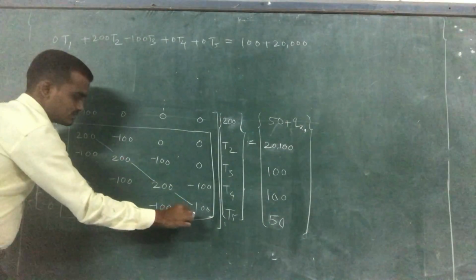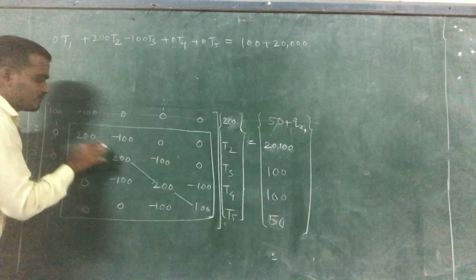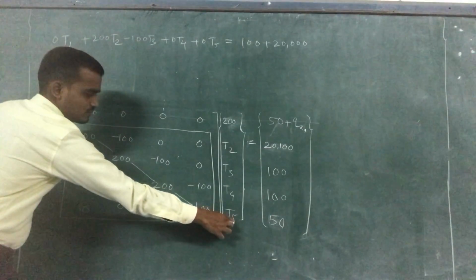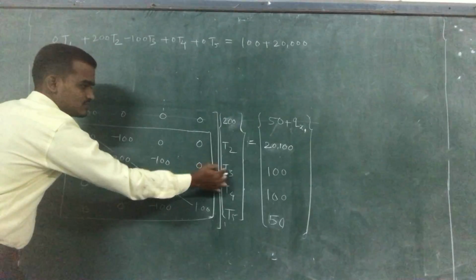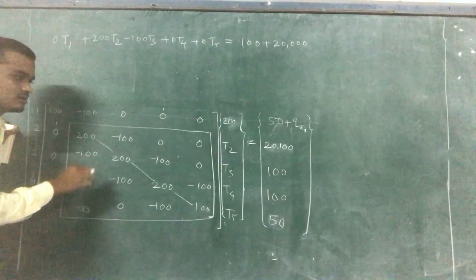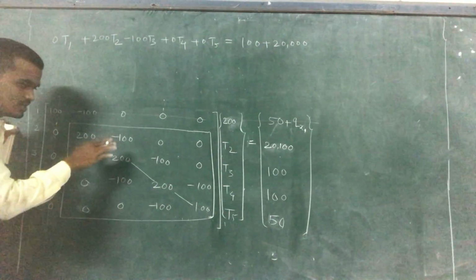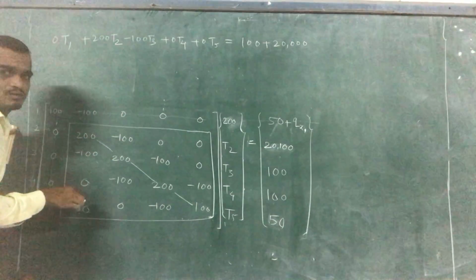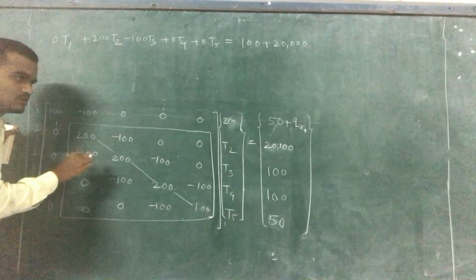Actually this is your Gauss elimination method. Then finally you will get the first value from this equation. Because this is 0, 0, 0, you will get T5. Then by putting T5 into this equation, you will get T4. By putting T4, you will get T3, and similarly T2. So this is the way to solve this 4x4 matrix, or you can simply solve these 4 equations in your calc by using the matrix calculation. But the simple way is to use the Gauss elimination method.